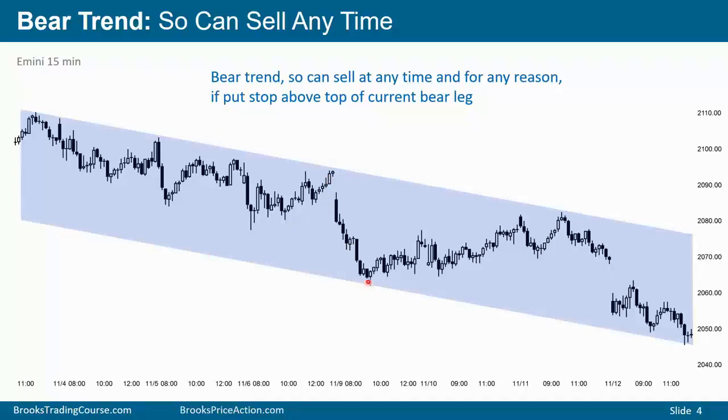Strong breakout to a new low. This high is major. As long as any rally stays below this high, the bears can argue that the market's either in a trading range or still in a bear trend. If it goes above that high, then it's no longer a bear trend. Then it's either a trading range or a bull trend. And if you're selling because it's a bear trend and it goes above this high, you know it's not a bear trend. Of course you want to get out, and therefore it's reasonable to get out if your stop is hit.